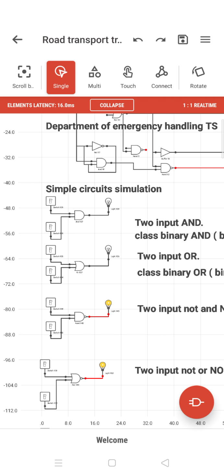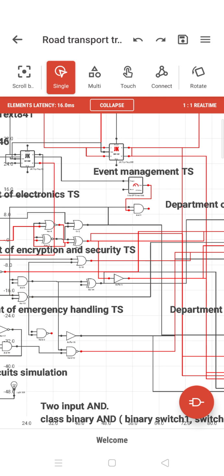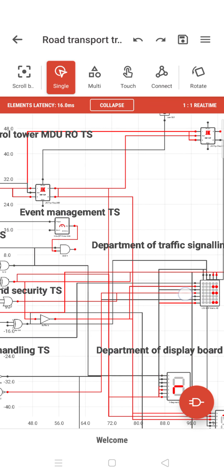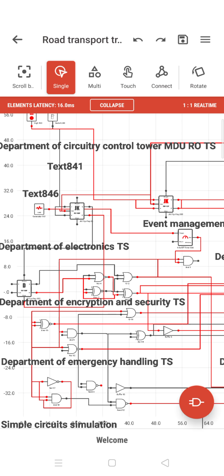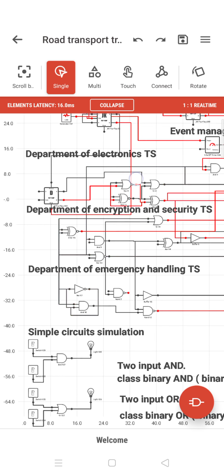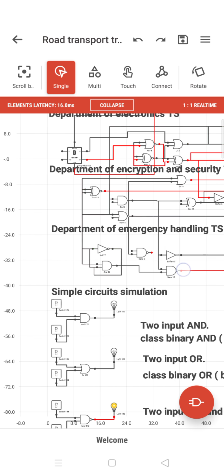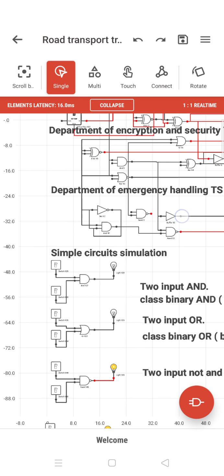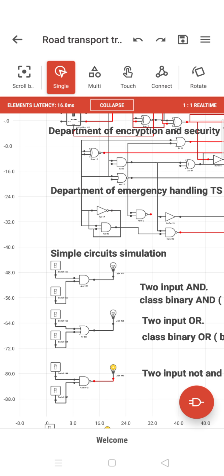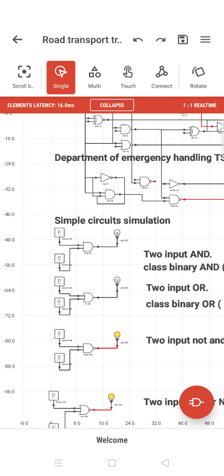Okay. For now, what is the division we saw? What are the different divisions? We can have an electricity department and other things. So how a circuitry can be made for that is just given as a sample. Okay, we have not done everything, but just how to separate the things, how to do event management, how to get it into different departments, and then how to produce an IC for each one of those departments, and a single IC for the entire department or entire electricity management and things like that. Okay, how we can develop an IC for that. Those are the kinds of things.